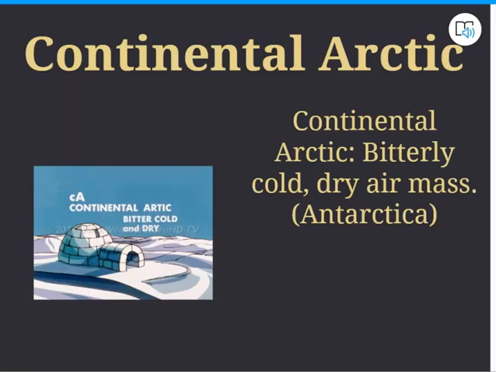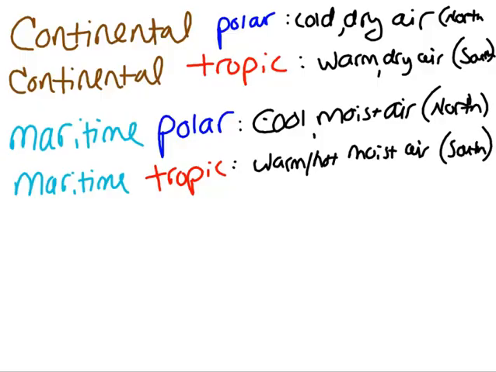Arctic. Bitterly cold. We're talking really cold. Again, today outside, kind of polar. That week when we were here and it was like the highs were 15, that's Arctic. Dawson said he met somebody, they said it was like -4 or something back home. That's kind of Arctic. That's cold. Continental Arctic. You're going to have bitterly cold, dry air mass. I will put that on here.